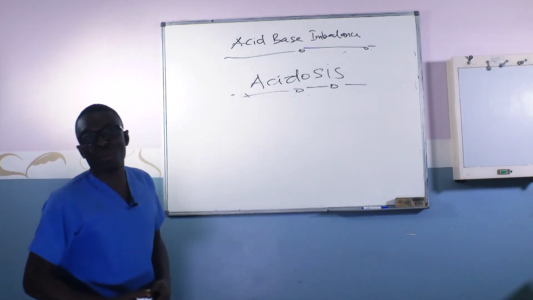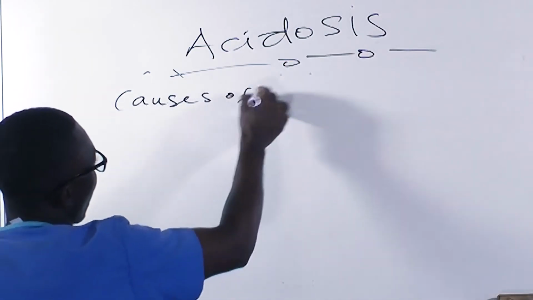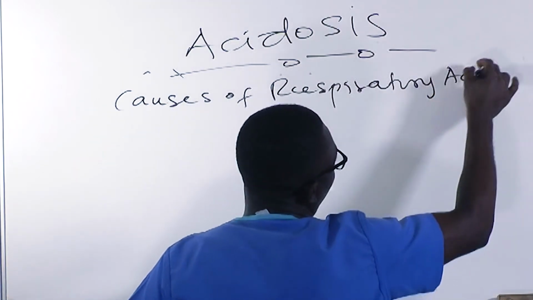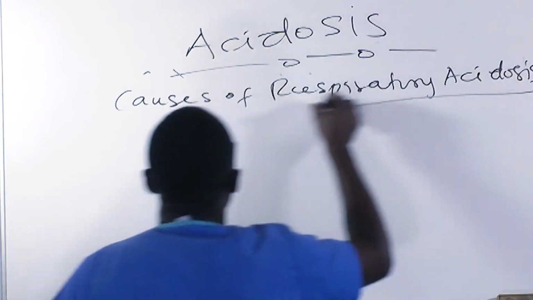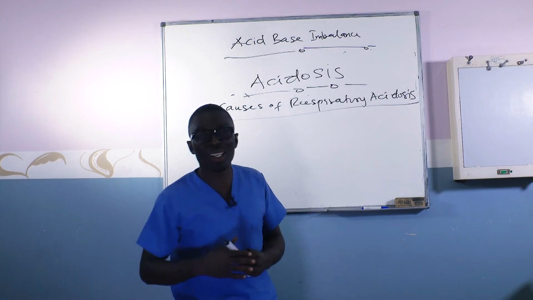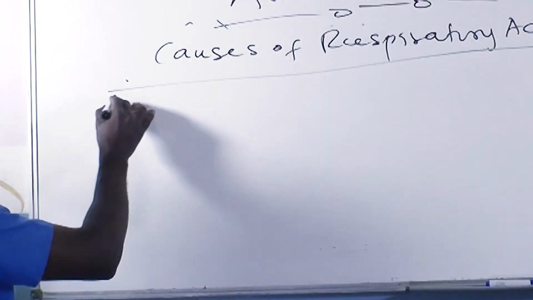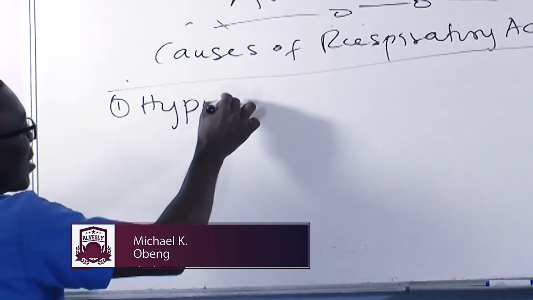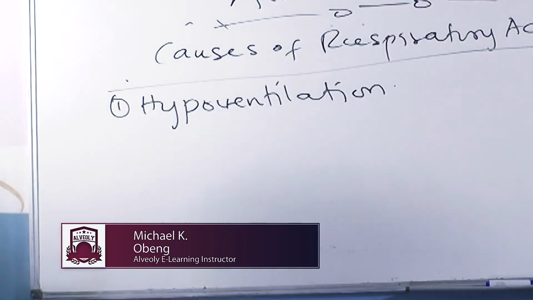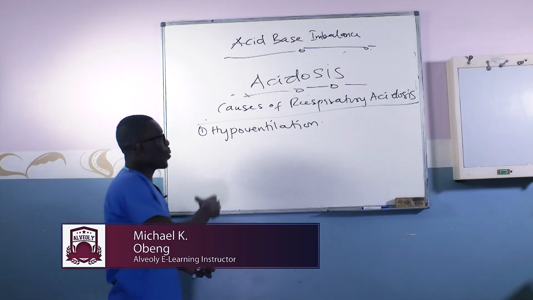So now let's look at some of the causes of respiratory acidosis. We've already understood that respiratory acidosis occurs when there is a problem with the lungs. Okay. So one, when there is hypoventilation. When there is hypoventilation, it means that you are not able to